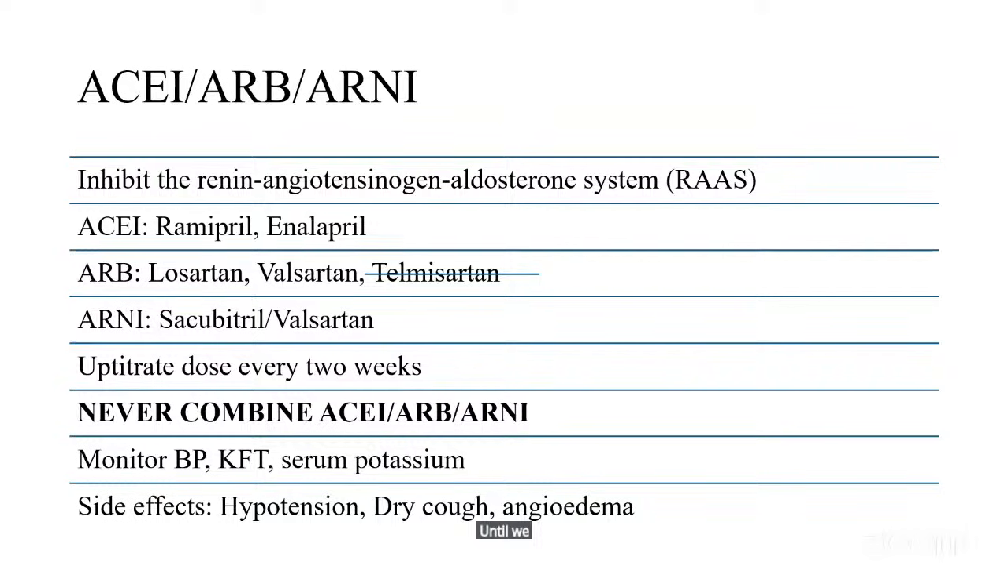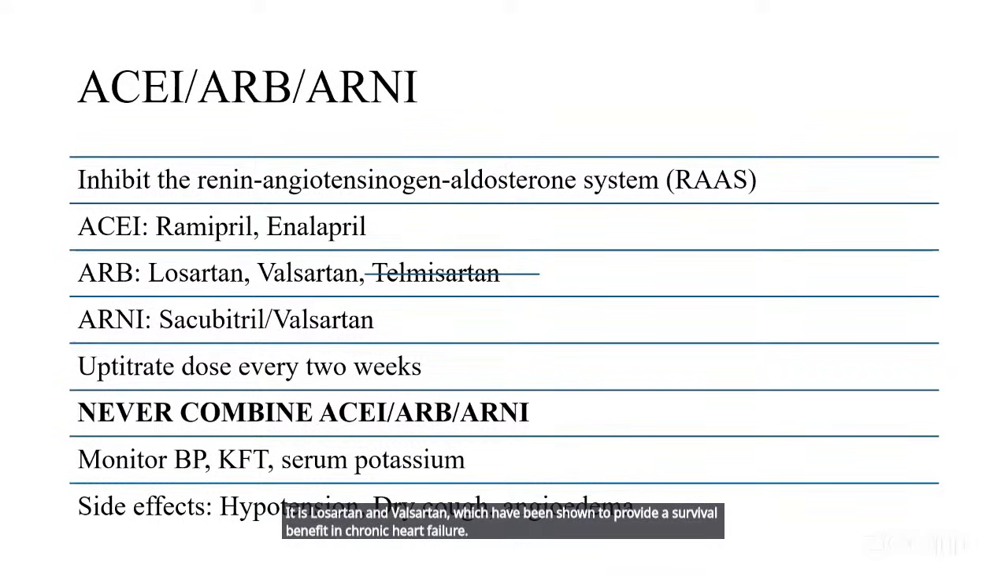However, it is important to note that telmisartan does not have very strong evidence in chronic heart failure. It is losartan and valsartan which have been shown to provide a survival benefit in chronic heart failure. ARNIs include the sacubitril valsartan combination. So we start these drugs at very low doses and then we up-titrate based on the patient's blood pressure